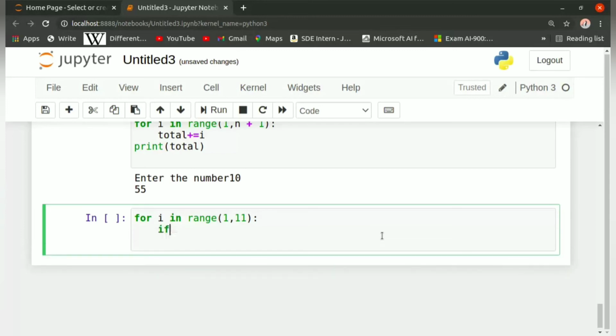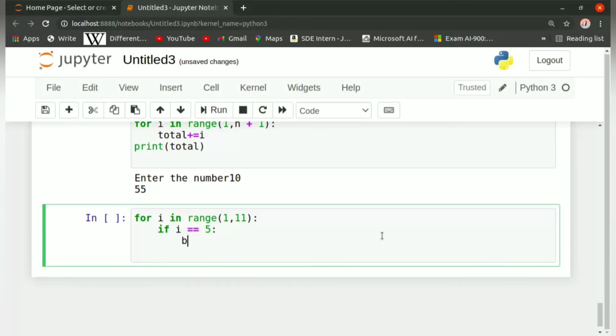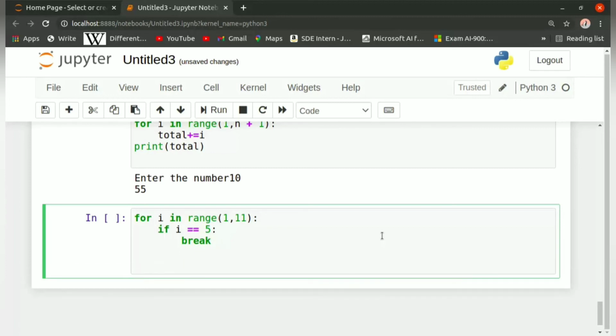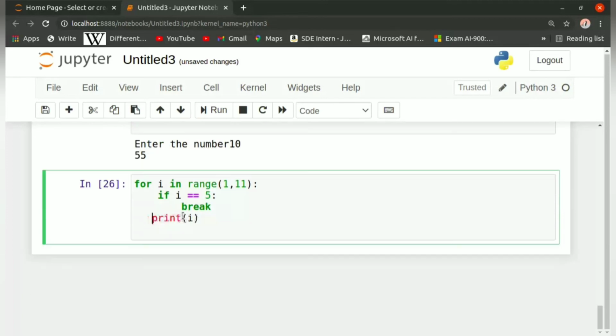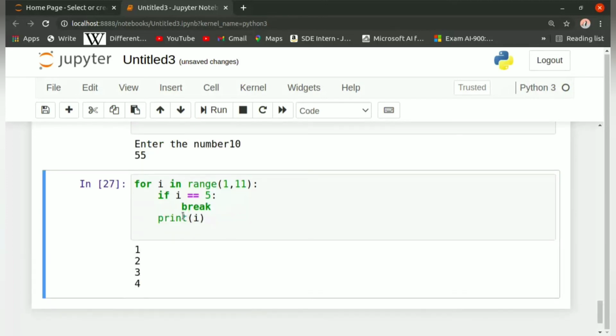So we will use break here. First we will write the condition if i == 5: break, and below it we'll write print(i). That will give us the values 1, 2, 3, 4.